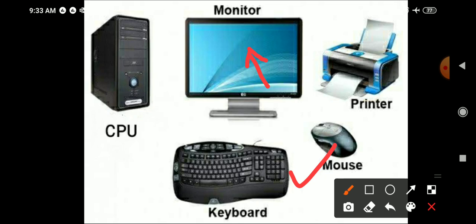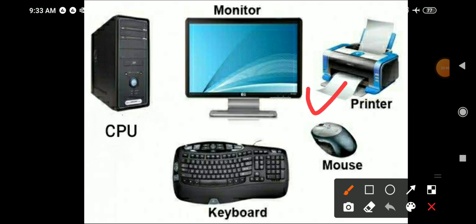So how you move the mouse, the arrow on the monitor also moves in the same direction. And also we can select different icons on the computer with the help of the arrow. We can open it by double clicking the mouse, right? So all these operations are done with the help of computer mouse.